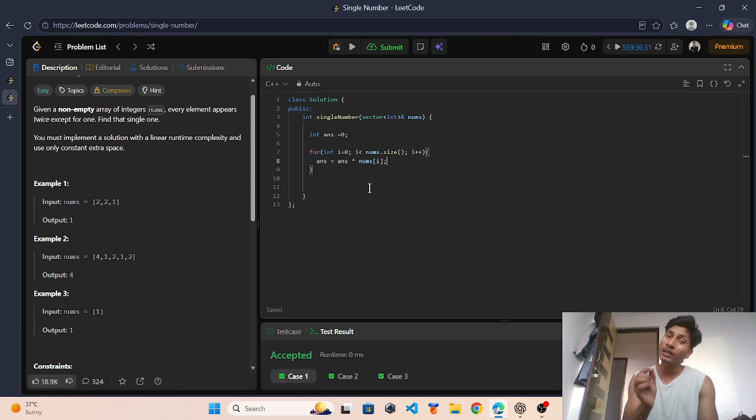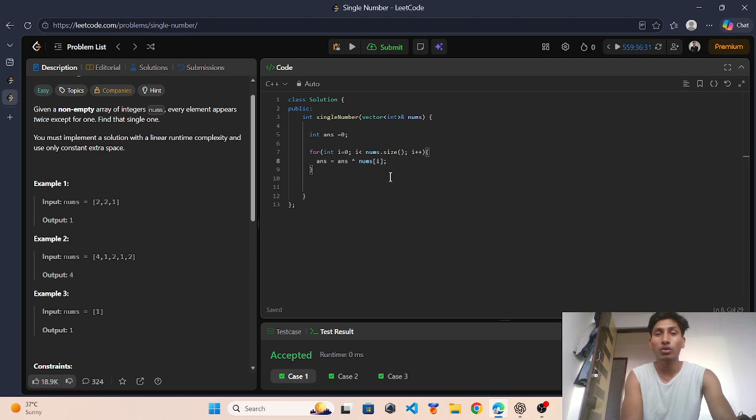If both are non-zero, we find the result using the binary method and then convert to decimal. So here ans equal to 0 and nums[0] is 2, so it returns 2, and ans is updated to 2. Then the loop runs again, nums[i] with i equal to 1 is 2.